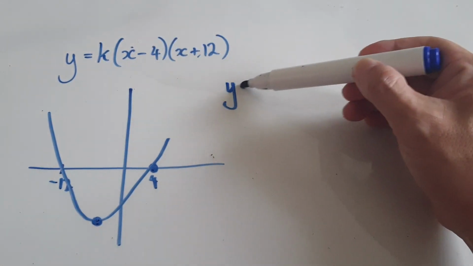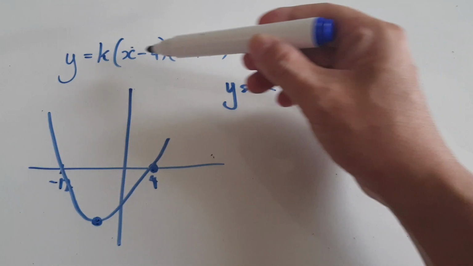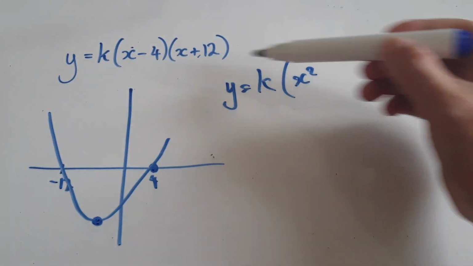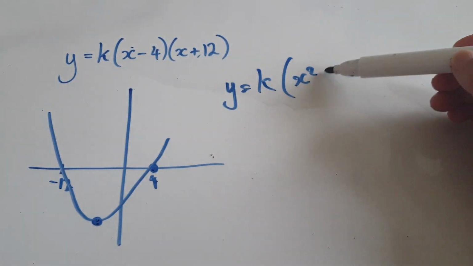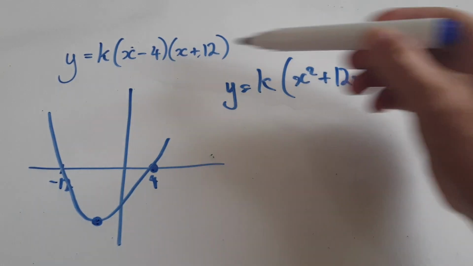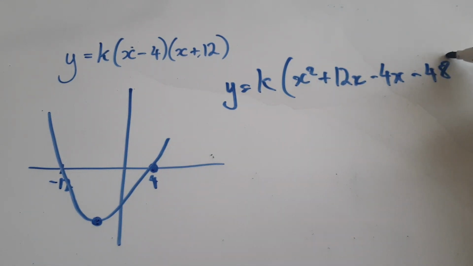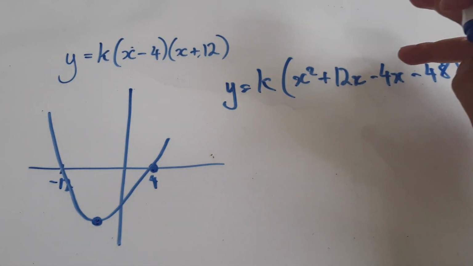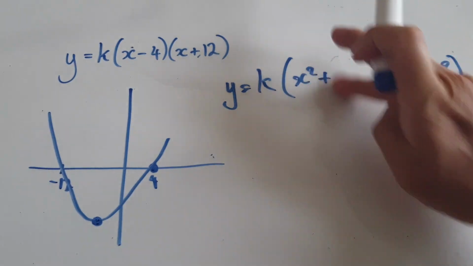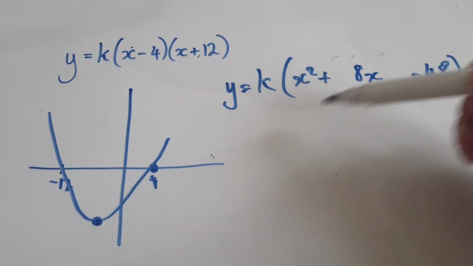So the whole thing here will be k, and then x times x will be x squared, x times 12 will be 12x, and then you've got minus 4x, and then you've got minus 48. So now merge them together, that would be positive 8. So now